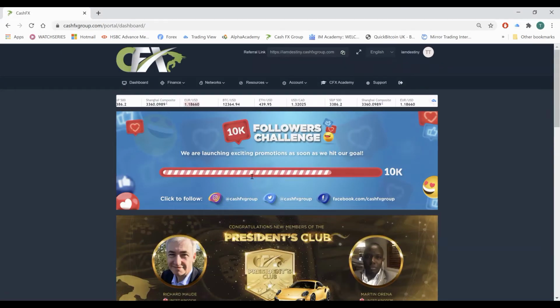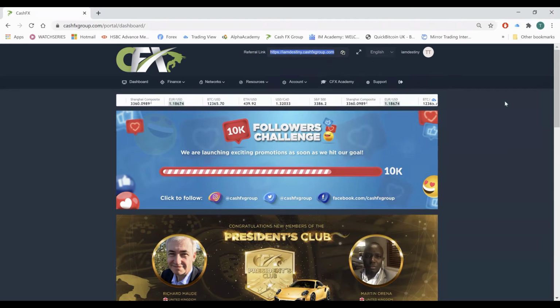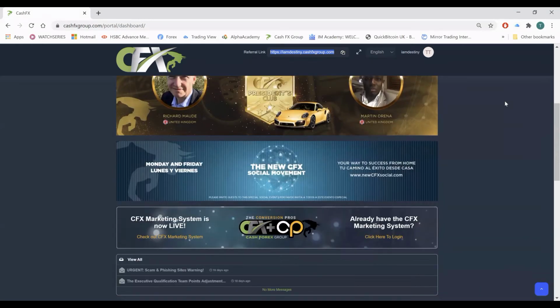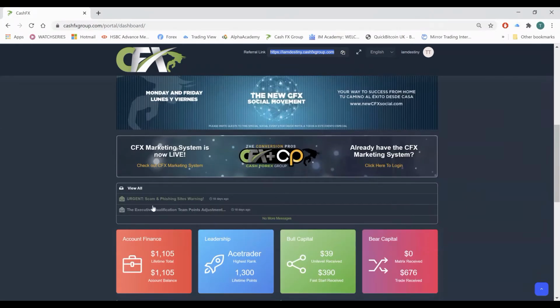Okay, so you're now logged in, and this is your dashboard. And the first thing you'll notice at the top is your referral link. So if you're going to refer anyone to CashFX, you'll need to send this link to them, and you can click copy and you can send it on to them. So as you scroll down here, you'll see mail, and any internal mail from CashFX to all of their customers